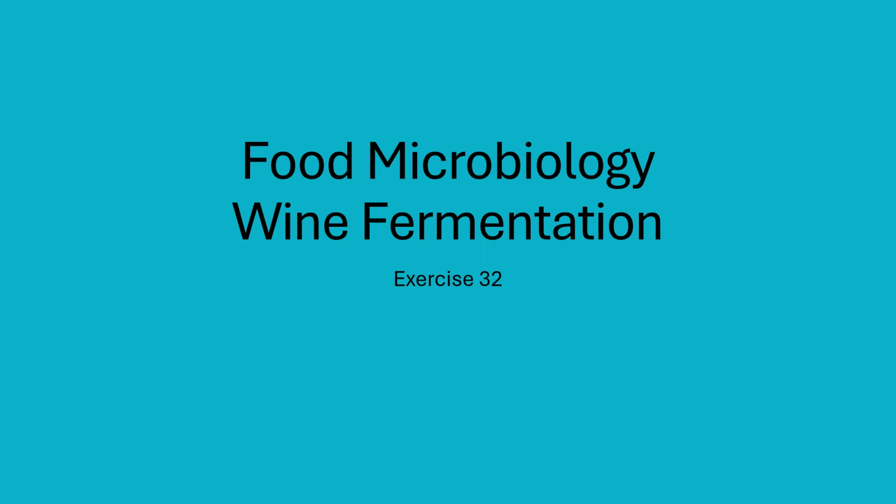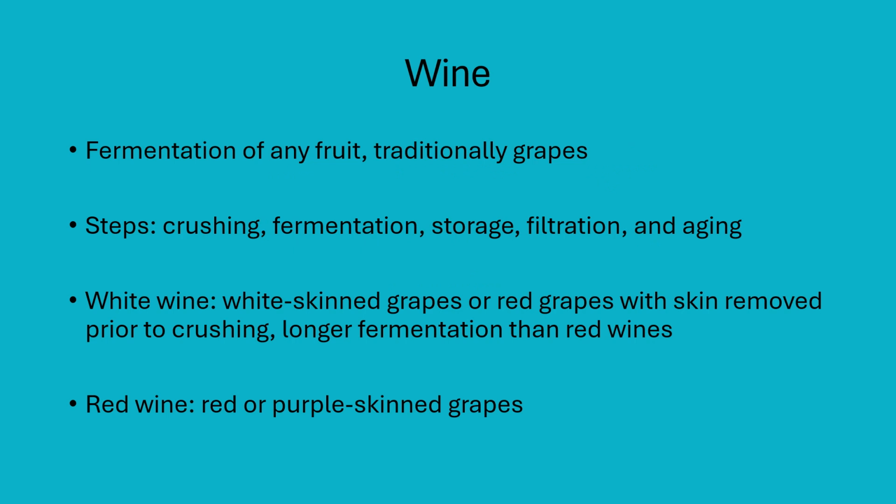This exercise continues with our section on food microbiology, and specifically it's talking about wine fermentation processes. Wine, most people are familiar with, is made from grapes, and traditionally it is made from grapes. You get the grapes, collect the juice basically, and ferment it to make the wine. You can actually use any type of fruit, though, to make wine. So a lot of people experiment with apricots or peaches, etc., and making other fruit wines, but traditionally you use